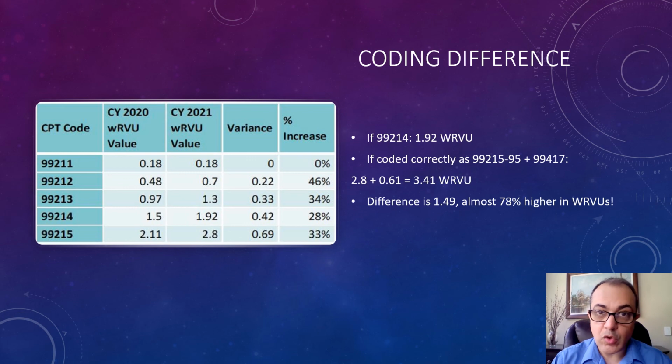Okay? There is no honor in leaving money on the table for the payer, for the insurance company, because this is your right. This is your work. This is what you did, and you should be compensated for what you did. So I hope this makes sense, and I hope you're beginning to see here how the correct application of the code can give you more reimbursement that you deserve, that you fully earned. All right, next